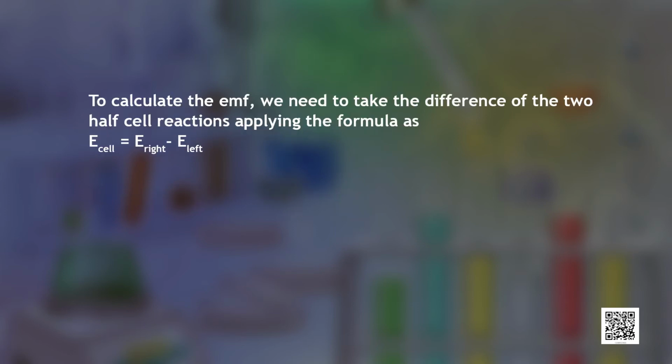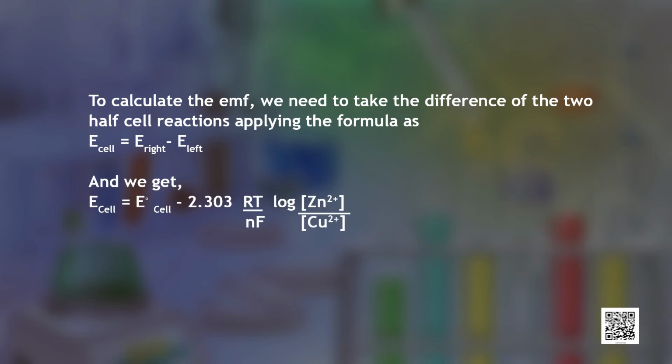To calculate the EMF, we need to take the difference of the two half cell reactions, applying the formula E cell is equal to E right minus E left. And we get E cell is equal to E naught cell minus 2.303 RT upon nF log concentration of zinc ions upon concentration of copper ions, where E cell is equal to electrode potential under given conditions,